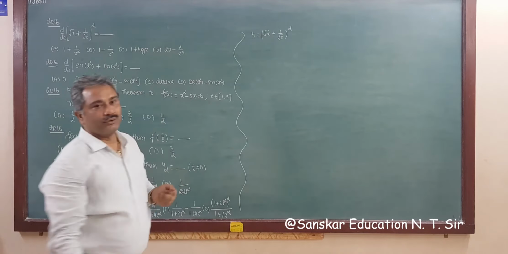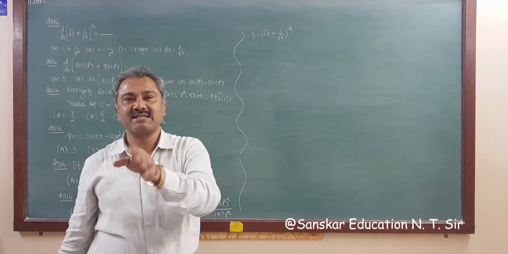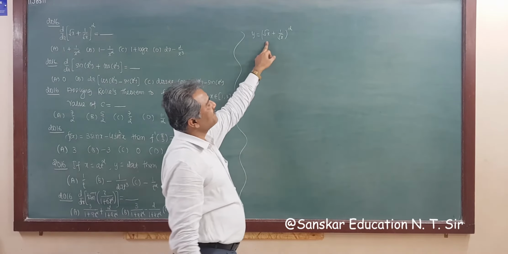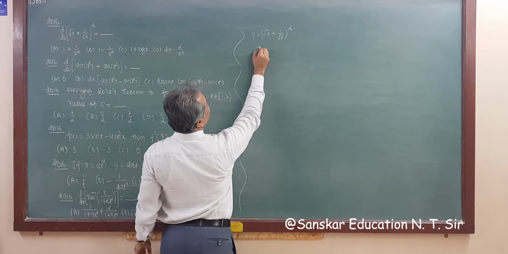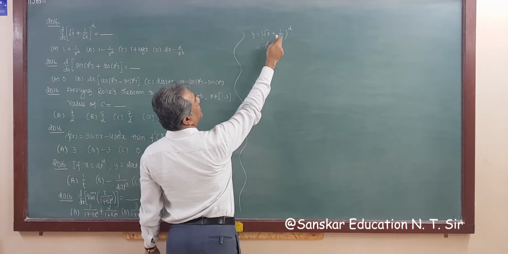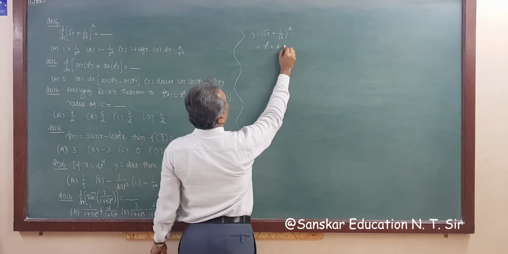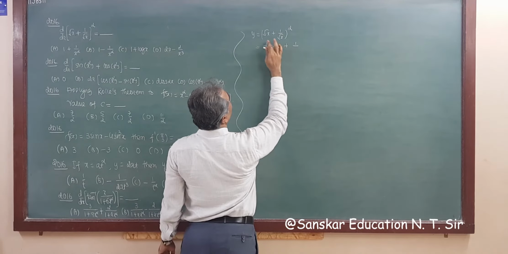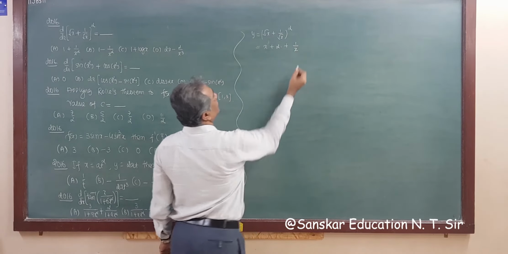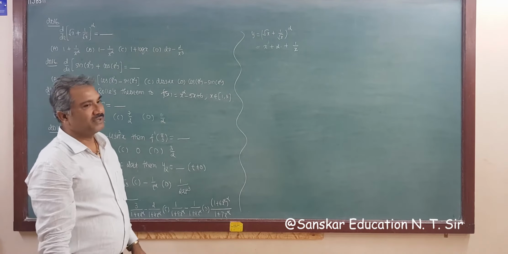Before differentiating, what do we have to do? Simplify as much as possible. So simplifying means expanding this. The square of this is x square plus 2 times middle term into last term, that is 2 root x into 1 upon root x, which is 2, plus 1 upon, sorry, this is x, root x square is x. So this is the expansion.